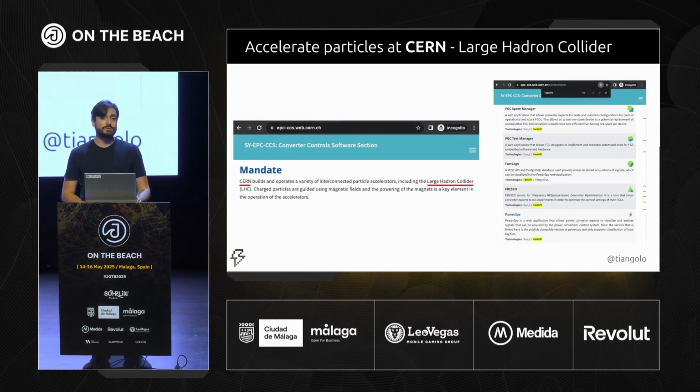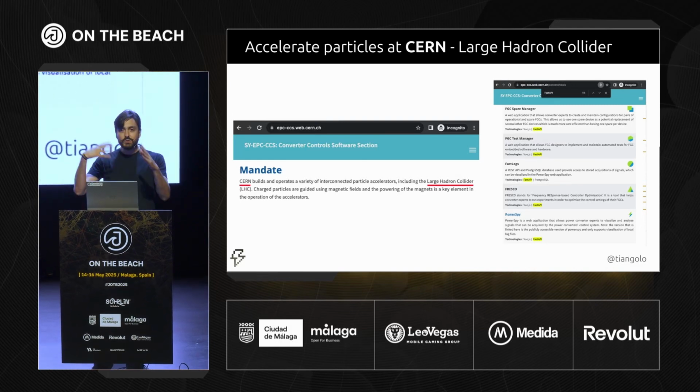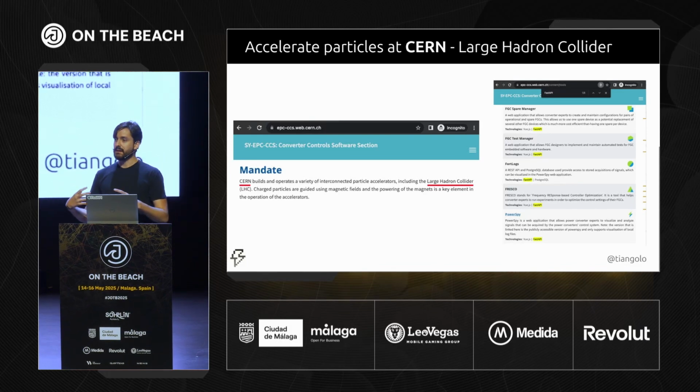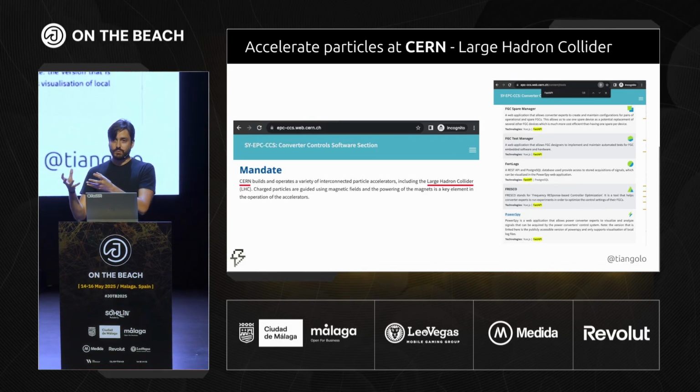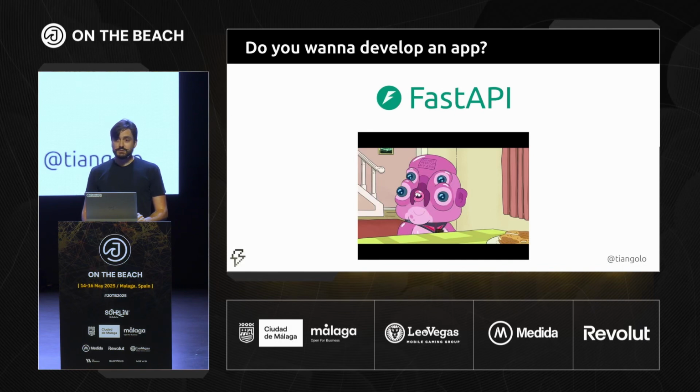They also use it to control particle accelerators, like the Large Hadron Collider. There's a bunch of additional tools, but FastAPI is the API layer between people and the particle accelerators. So if you ever see a black hole in the sky, maybe create an issue, because maybe I did something wrong.